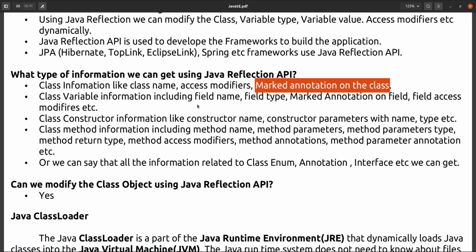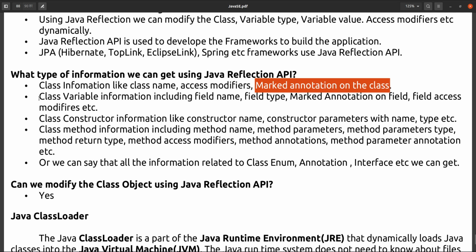N number of annotations can be marked on the class, and you can get all of them. You can get the access modifiers, meaning access modifiers of a variable or a method, using Reflection API.